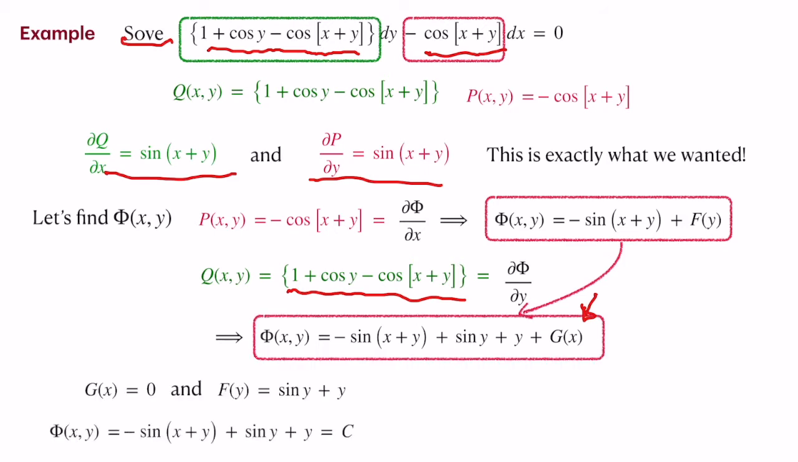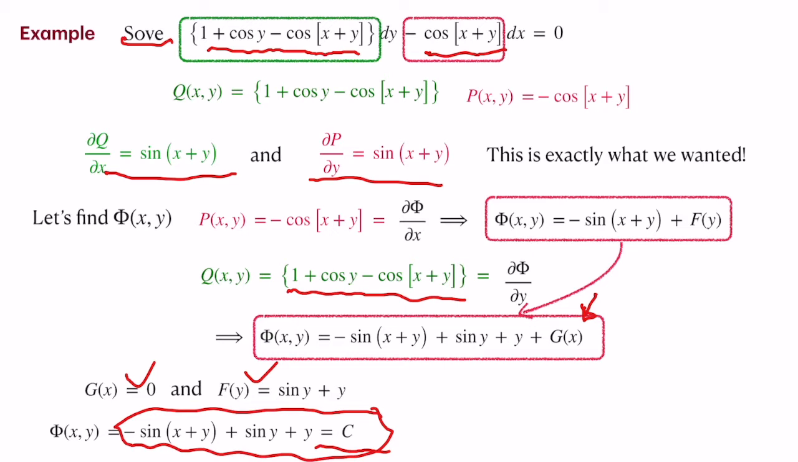and f of y, and from this comparison we get g of x to be 0 and f of y is equal to sin y plus y. From this we get the general solution to be phi of x,y is equal to minus sin x plus y plus sin y plus y is equal to c. So this essentially represents the solution, that is minus sin x plus y plus sin y plus y is